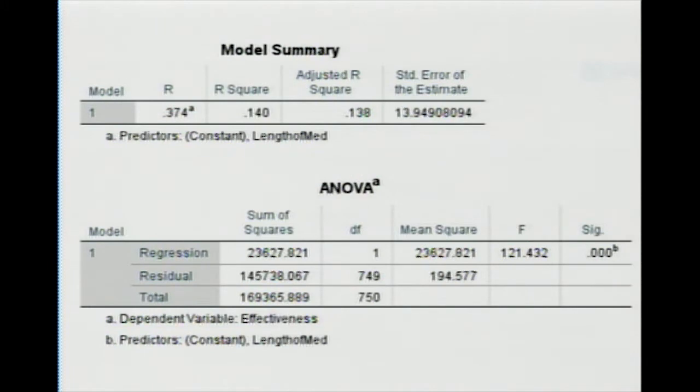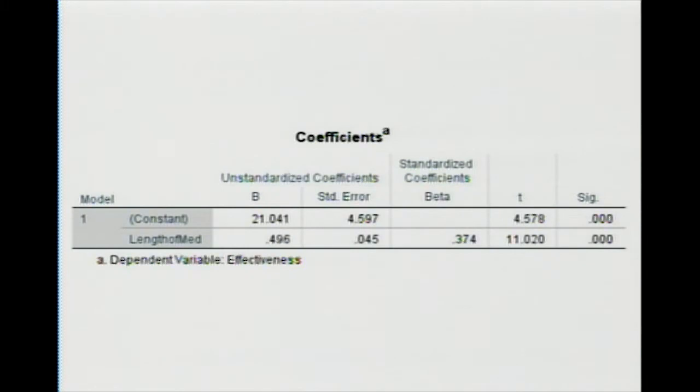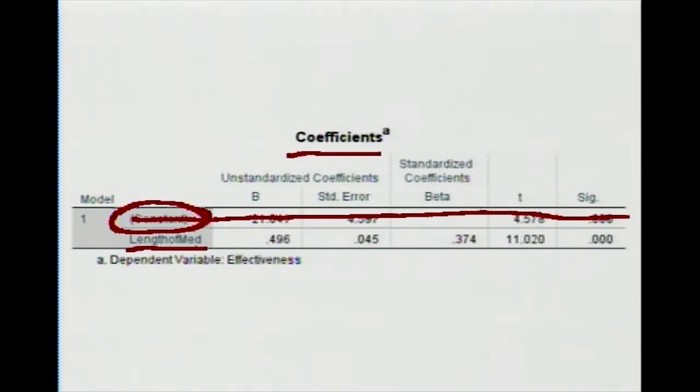Now let's take a look at the next box that we would get on the output files to understand the rest of the story. Now here we see the coefficients. And so what it does then is it starts to break down the specifics of what I would know about each of my predictors. Now remember, we said that length of mediation is a significant predictor. We also see this term constant here. And the reason it's in parentheses is it's not important. So we would actually mark that out because we know it's just math for the regression model. So it's these other numbers that we care about.